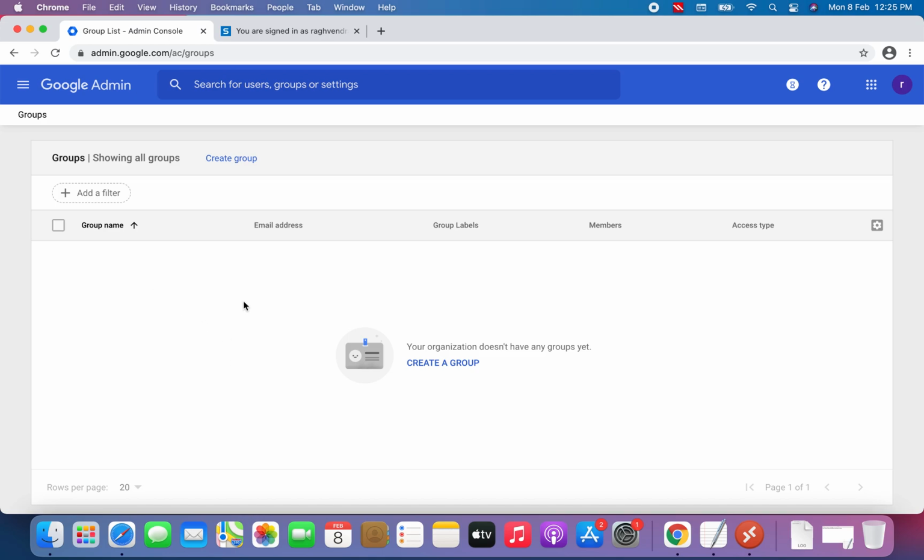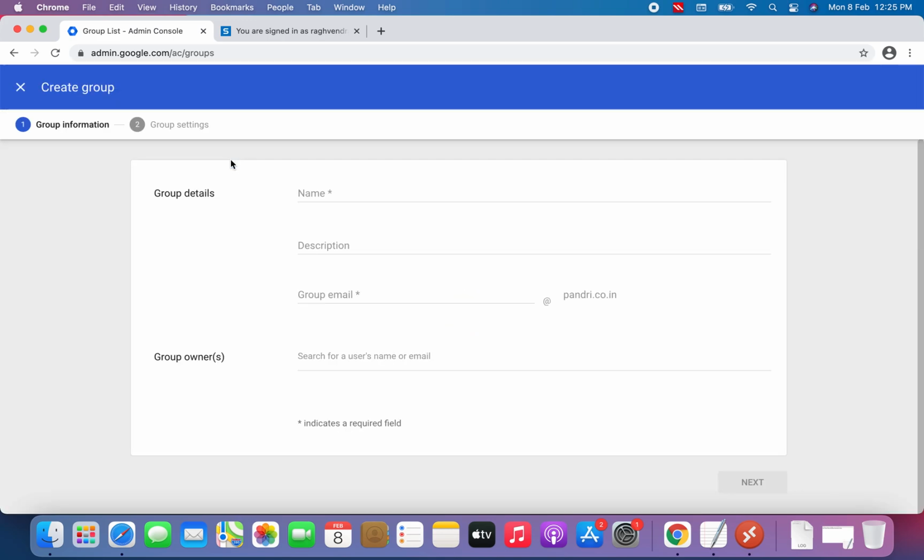So let's start. Here you can see there is the option to create a group, so I'll start from here. Here you need to fill in the group details. For example, I'm going to create it by the name of HR.